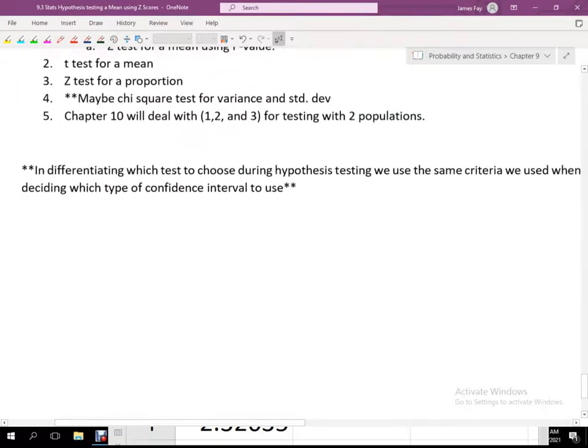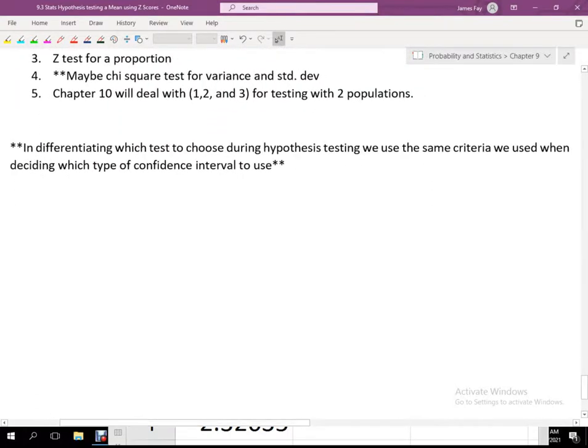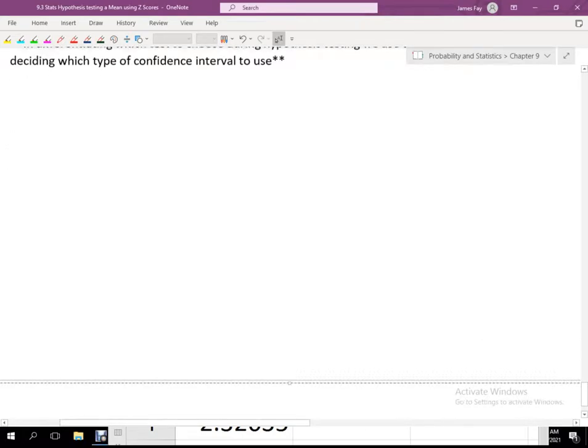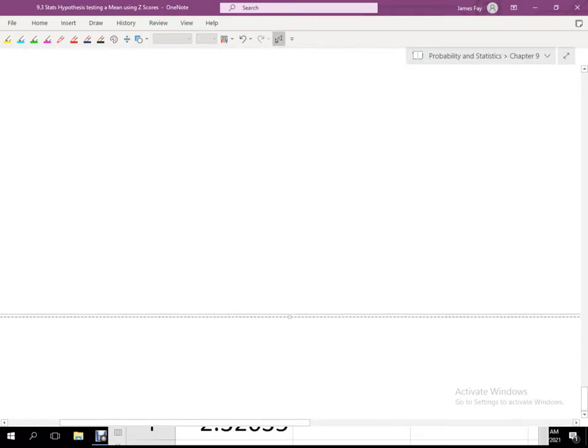Do you guys remember that flow chart I gave you several weeks ago about how we decide which type of test or which type of confidence level to use, which table to use in our confidence intervals? The exact same chart is used here with the t-test, or the z-test, t-test, chi-square test, all that kind of stuff. Right now, what we are going to focus on